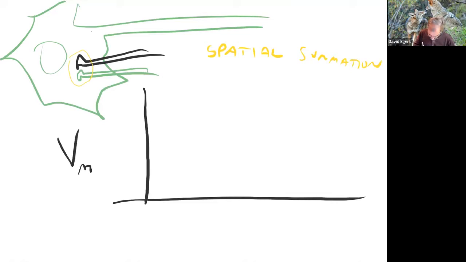And I'm going to look at V sub M, just the membrane voltage on our neuron here. And again, let's say this is minus 70 millivolts. It's kind of going up and down. If we fire off this synapse here,